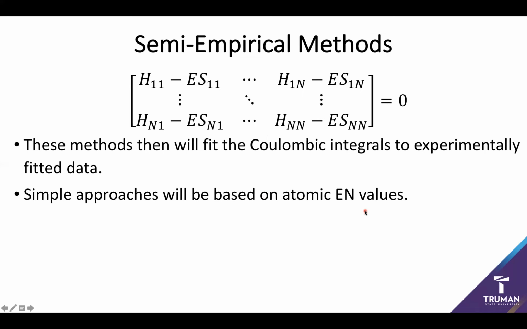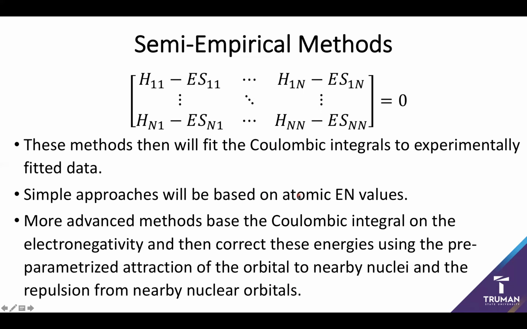So again, the electronegativity of all of our orbitals are fairly well-known features and provide a pretty good starting point. However, as we go to more advanced methods like AM1 and PM3, what we tend to do is we use these electronegativities as a starting point, and then we correct these using a series of